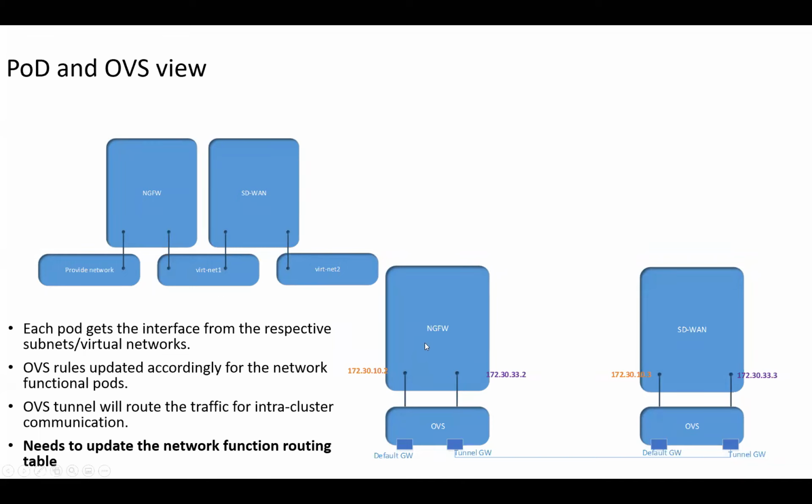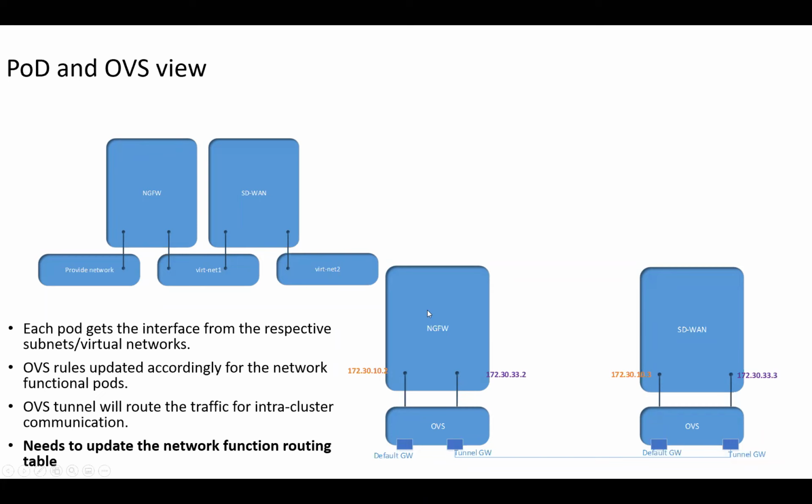Sure. So the key point here is that whenever you define a new interface, we need to configure the OVS bridge in a way that the service function chaining is handled through your tunnel. It's not going to reach your default gateway. The default gateway is used only for your left and right provider network. Otherwise, if you have n number of chains, you're not limited to 2 or 3, so we can do n number of chains. All communication between chains is going to go through the tunnel as long as your CNFs are in 2 different nodes, right?